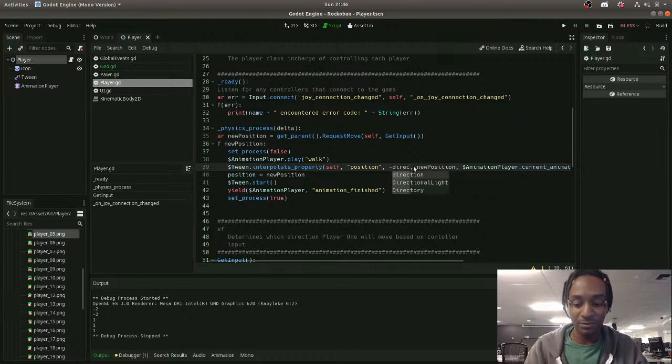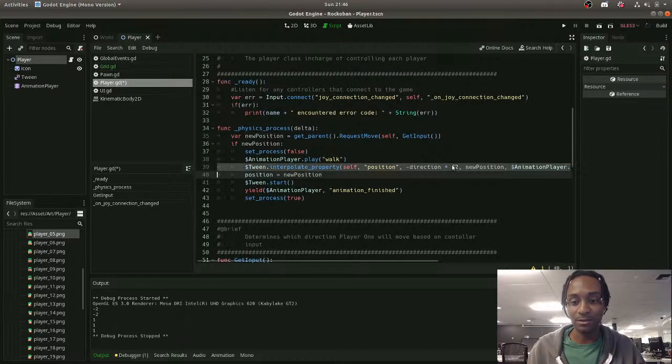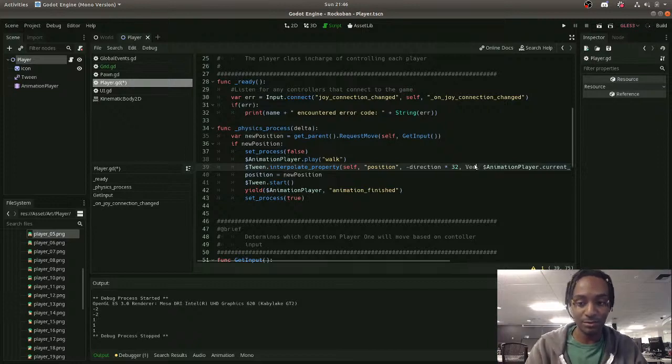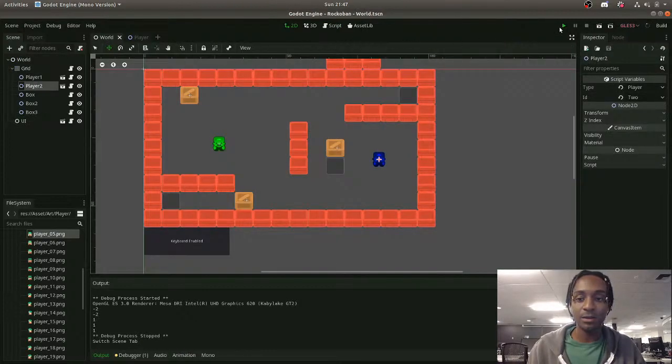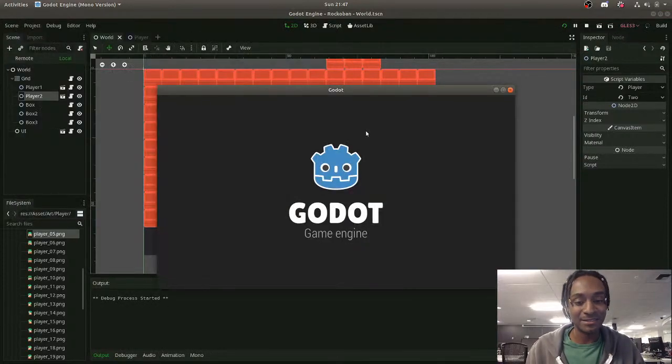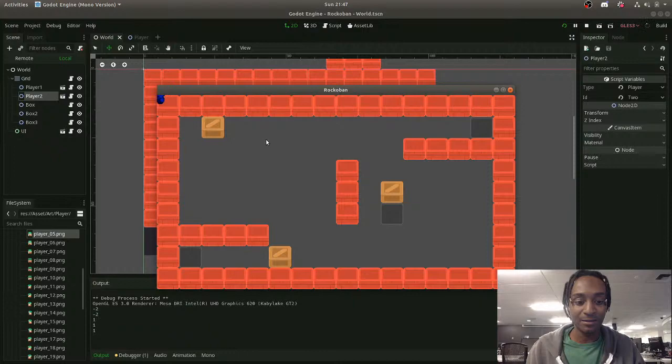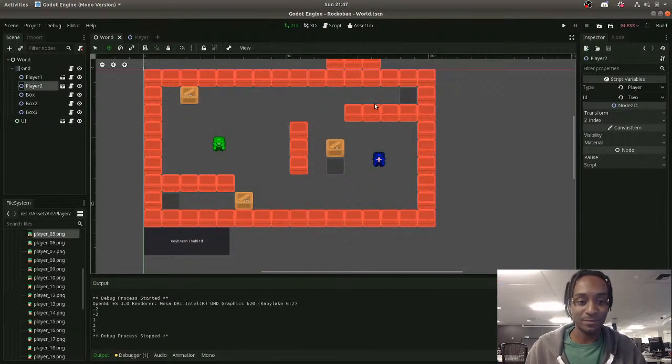Negative direction times 32. But you know what? That's okay. And then make this a blank vector 2. Cool. Let's see where my people end up. Still back there. I didn't mean to put you guys over there. But I didn't mean to delete that block either. Stop bouncing. There. Problems. It's resetting my people back